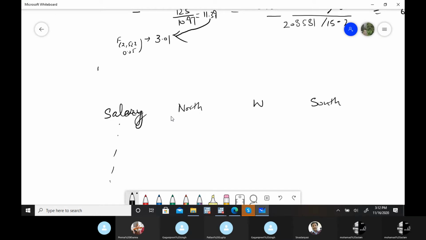Our purpose here is to find whether there is any difference in the average salary of teachers because of this geographical region. So this is our categorical variable. How can we introduce this in a regression model in the form of a dummy? So the model here is, this is the way you have to put a dummy in regression.